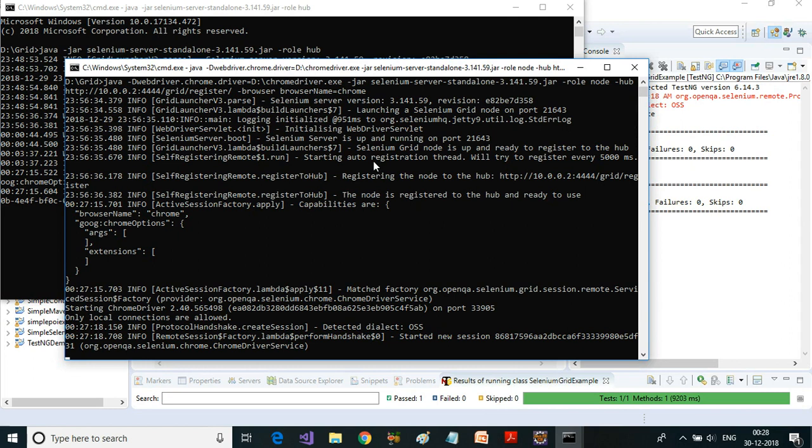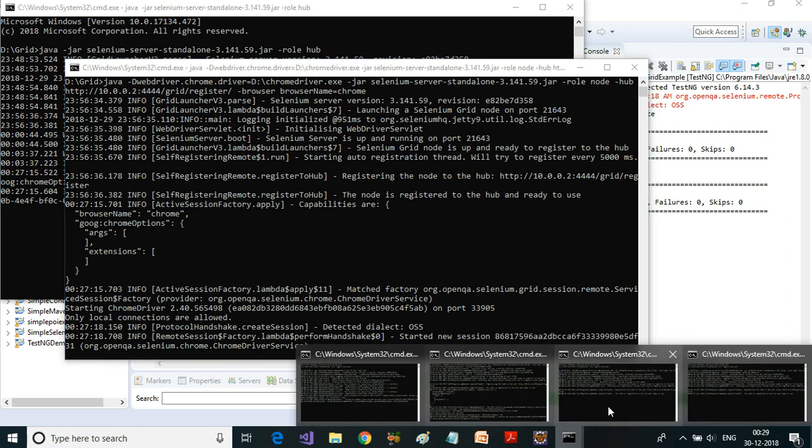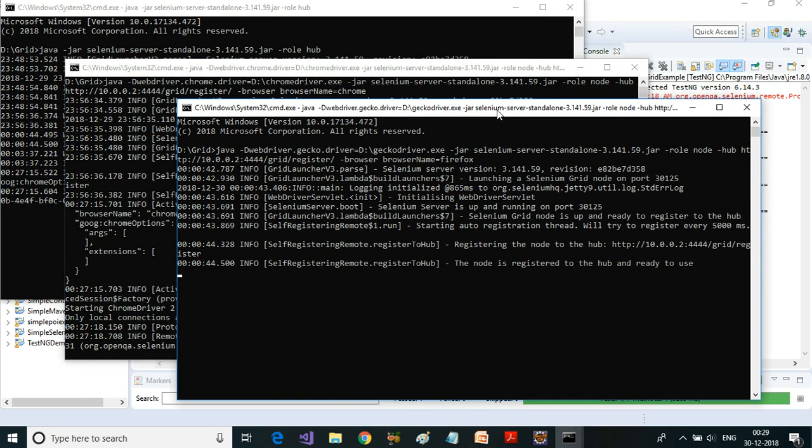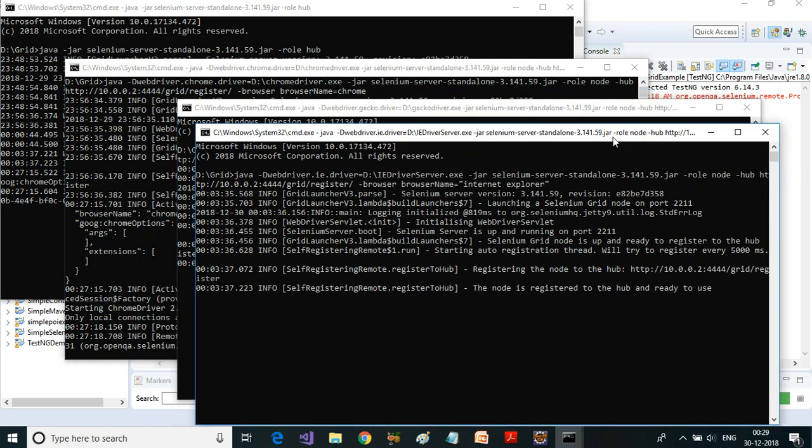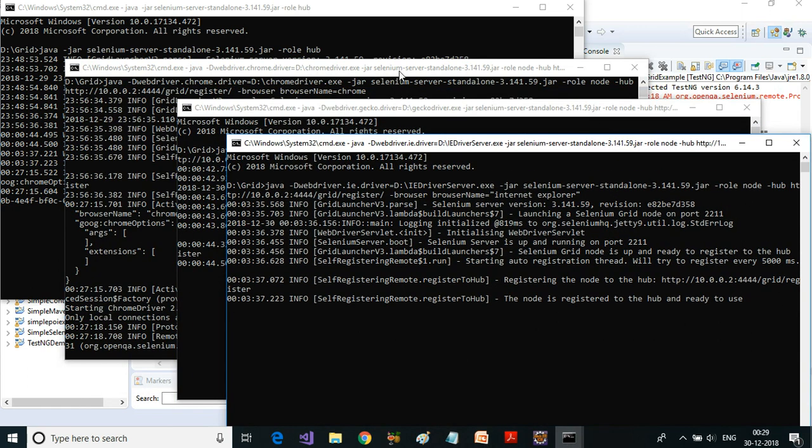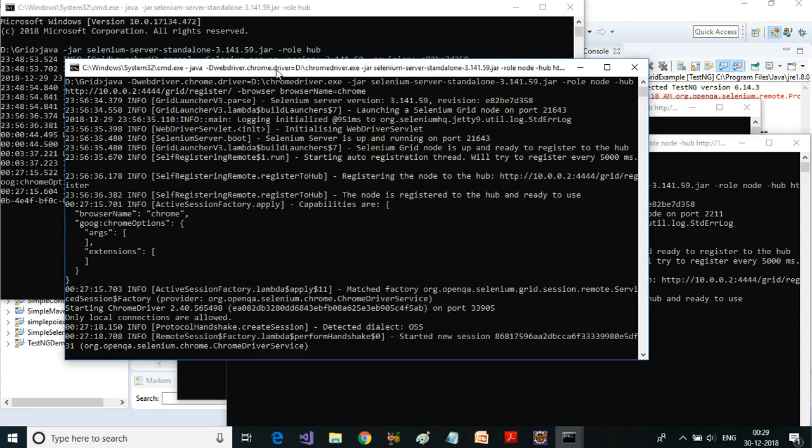If you look at the node, it matches this particular node, and then it starts a new session and runs the test. If you look at other nodes, no new session has been started. Since this is for Chrome, you can see that this is a Chrome driver. It has started a new session of Chrome and then it ran the test.